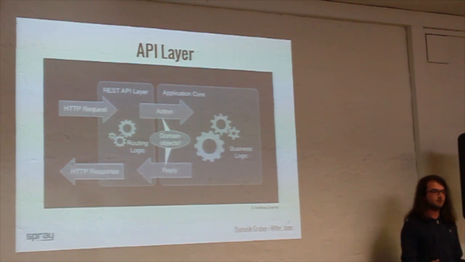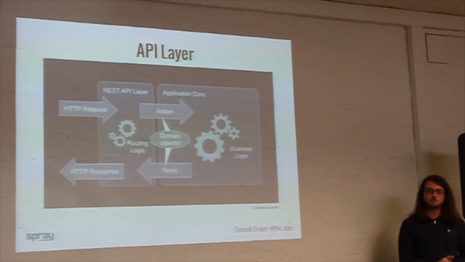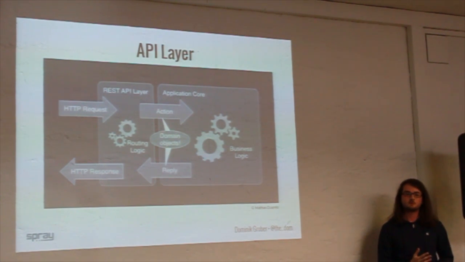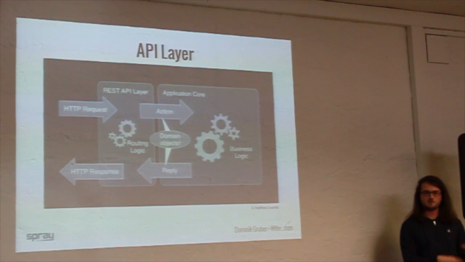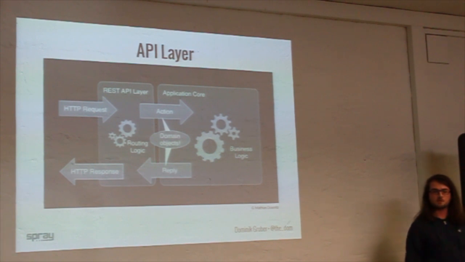Any questions so far? Yeah. How does that request get translated to domain objects? You have to provide some translators, right? Yes. You can either do it yourself, or there's also JSON marshalling and unmarshalling. I'll show you that later. It's pretty concise and small, so if you provide the right request, it automatically unmarshals it into your domain object. Case class. Exactly, case classes, and you have to provide a JSON unmarshaller and marshaller.